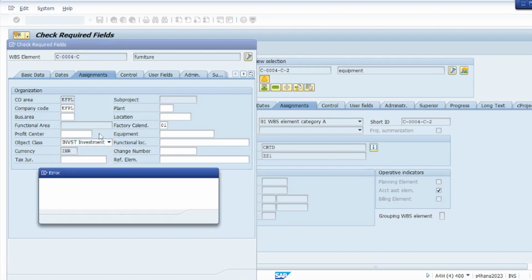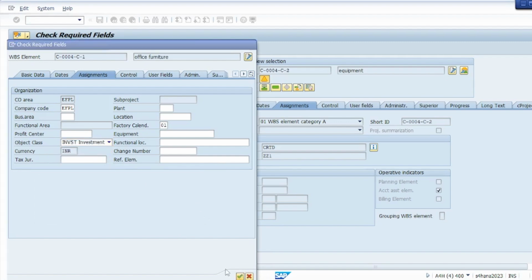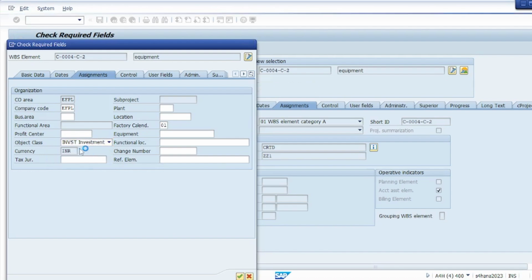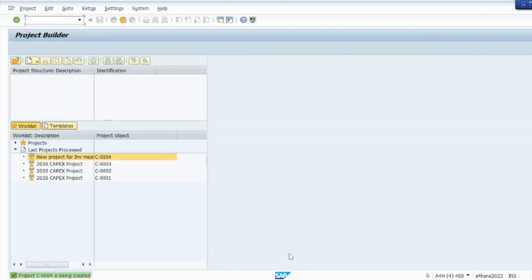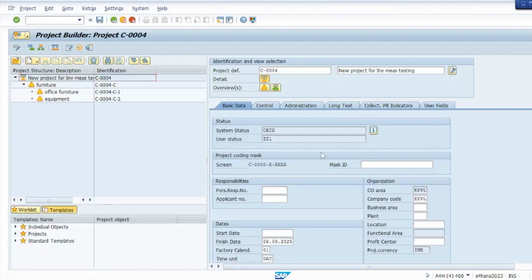So object class, I think we have entered it in the project profile, or we didn't. INVST, right? I think we didn't. We have to make sure that we update it. Yeah. So the project profile is created, and now what we will do,